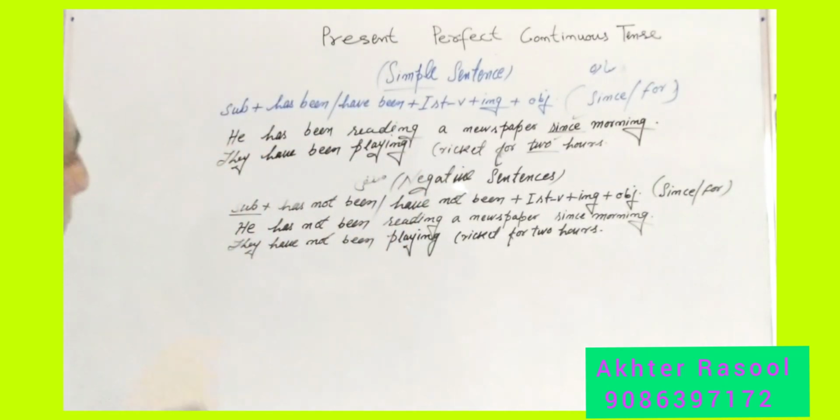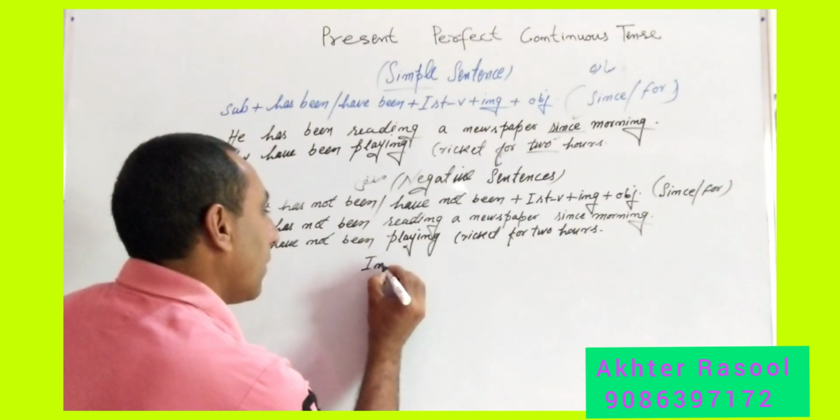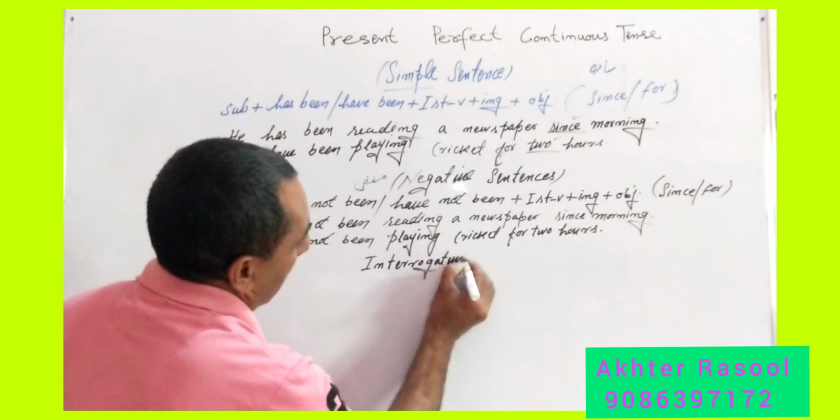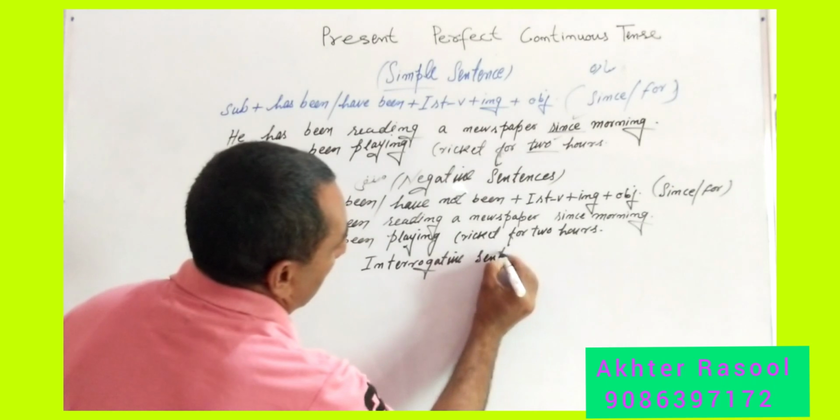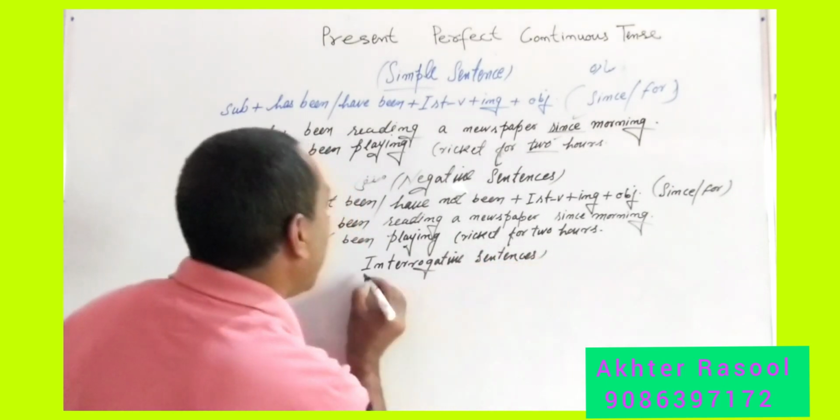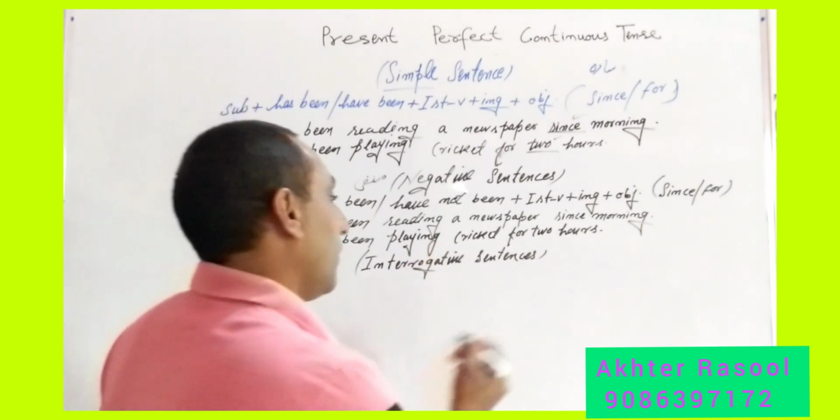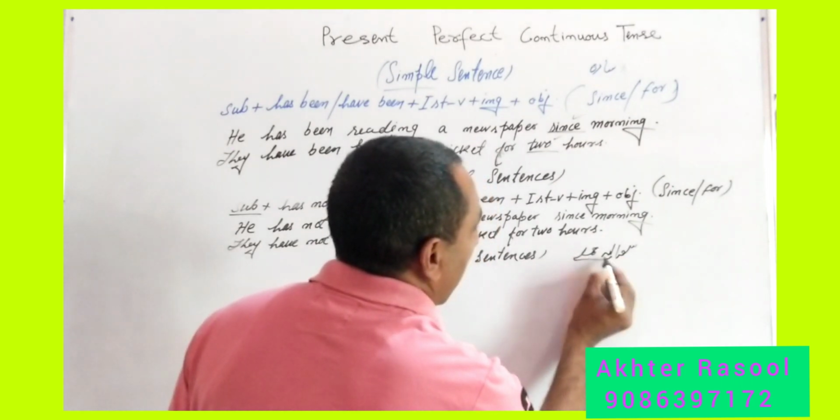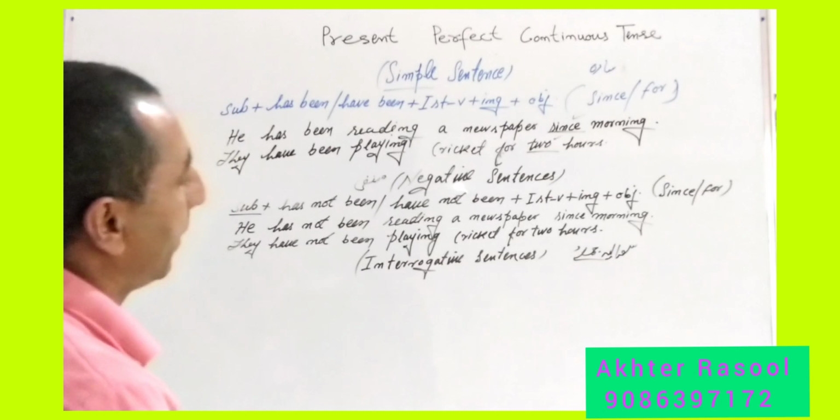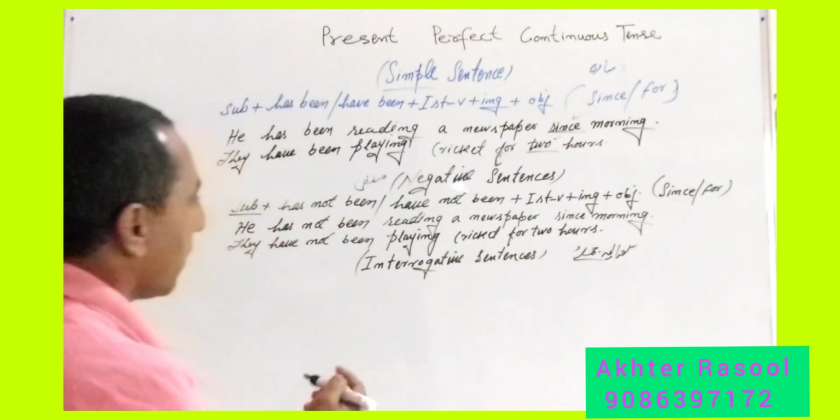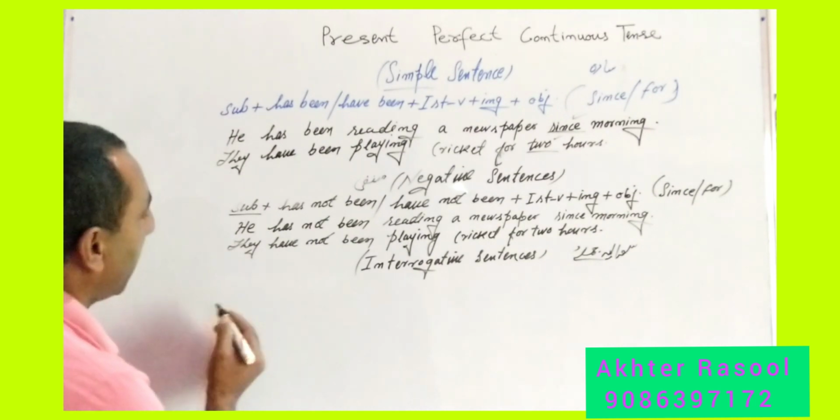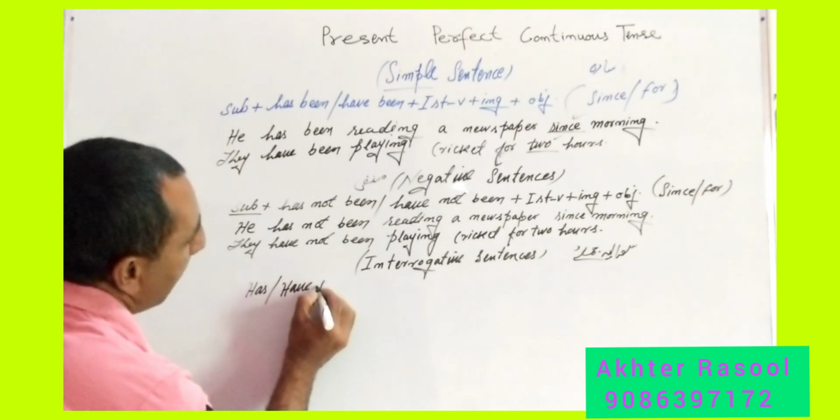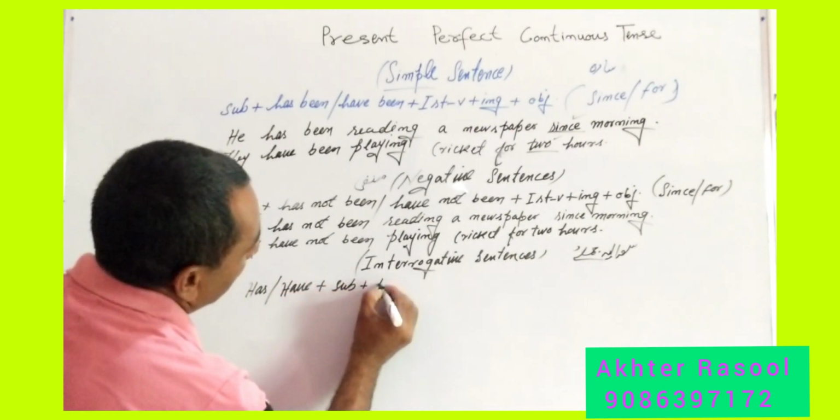After it, we are going to talk about interrogative sentences. In Urdu language, we say sawaliya jumle. In such types of sentences, we ask something to inquire about anything. So how will we frame it? Firstly, I will tell you the formula. At the beginning of the sentence, we will write has or have plus subject plus been